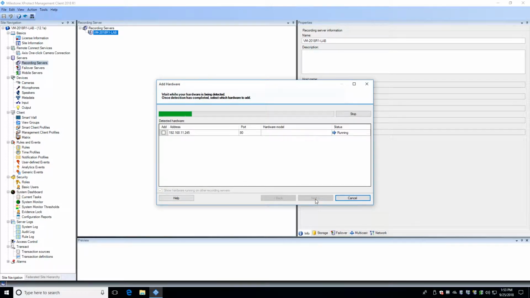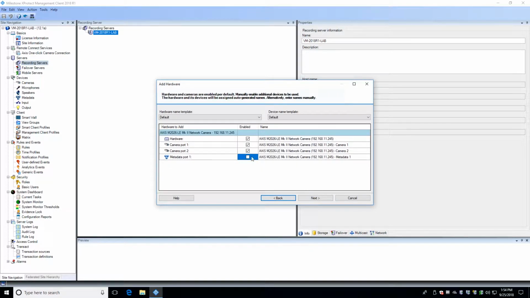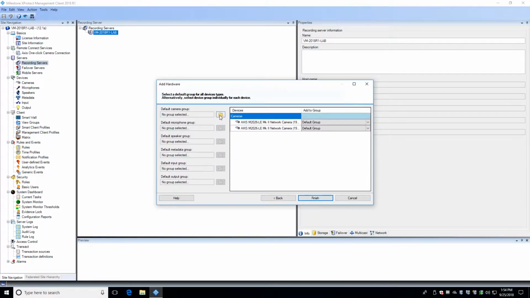Click Next, and the system will locate the camera and confirm communication is possible with one of the drivers. Click Next again, and the camera will actually be added to the recording server. Uncheck any features or unneeded video channels that might also come in with the camera. Some cameras will load with a single camera represented, while other manufacturers, such as Axis, will often load with additional virtual cameras that can offer alternative video streams and other features from the camera, depending on the camera model. The next screen is where you will specify what default group you want your camera to belong to. We'll cover groups in greater detail later.